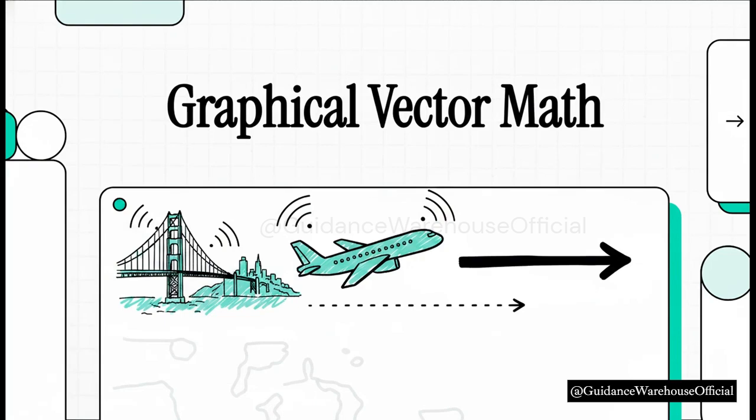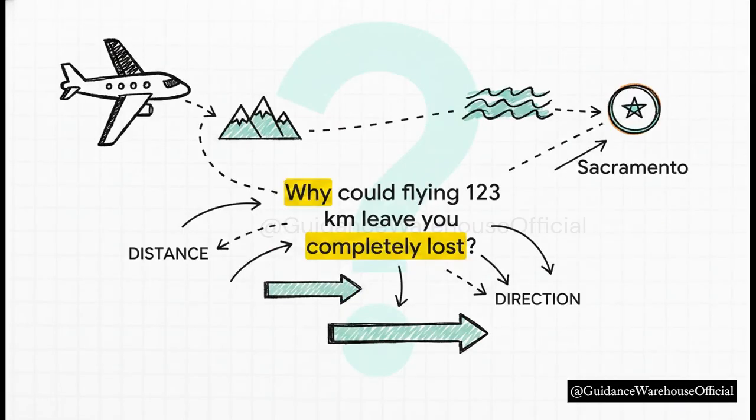Imagine an airplane pilot taking off from San Francisco. Air traffic control hops on the radio and tells them, "All right, I need you to fly exactly 123 kilometers in a straight line." So if that pilot just throttles up and flies those 123 kilometers, why on earth might they end up completely lost in the mountains or, I don't know, out over the Pacific Ocean, instead of landing